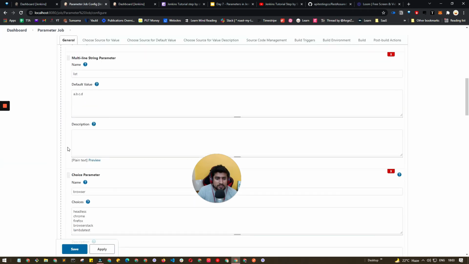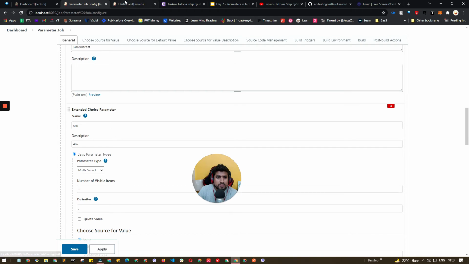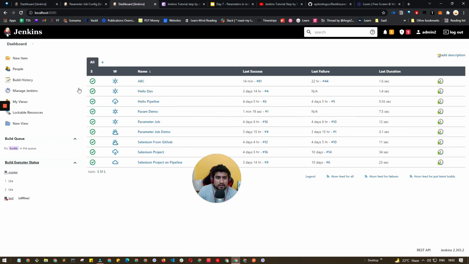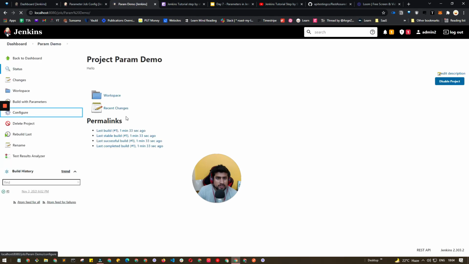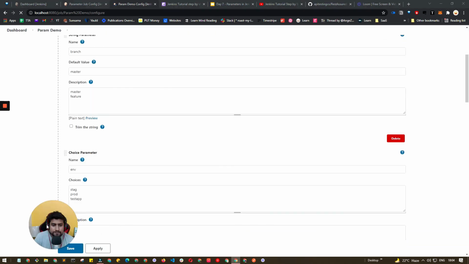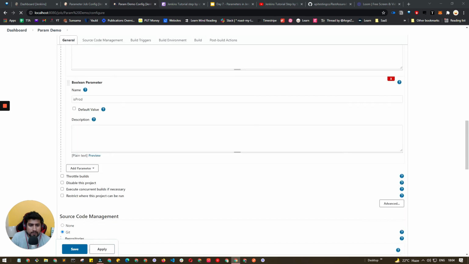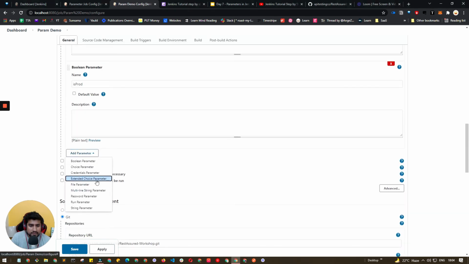Here I'll show you how to use extended choice parameter. In any job, for example this one we have created, the parameter job param demo, let's add a similar one. Go down, click the Add Parameter button, and choose Extended Choice.